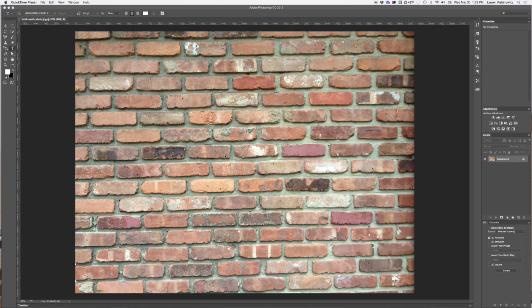Today we're going to use Photoshop to put graffiti onto a brick wall using a displacement layer. The first thing we need to do is create our displacement layer, which is actually a separate PSD file from our original brick wall photo. To do that, we'll open up the original brick wall photo and go to